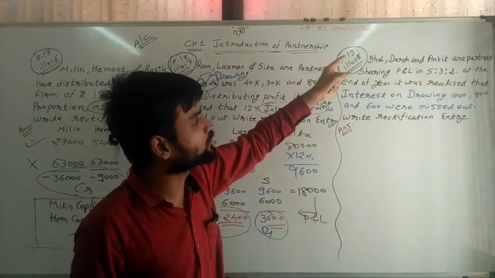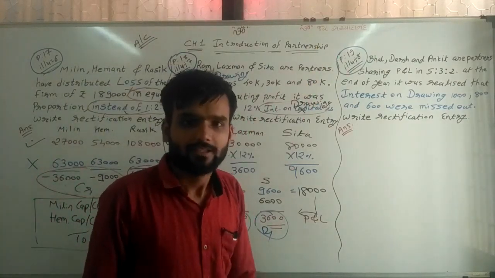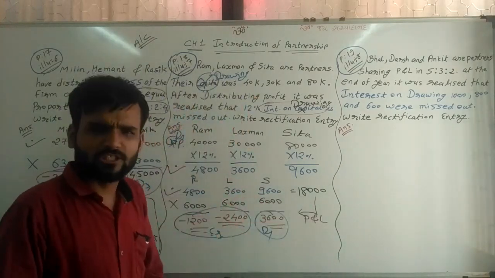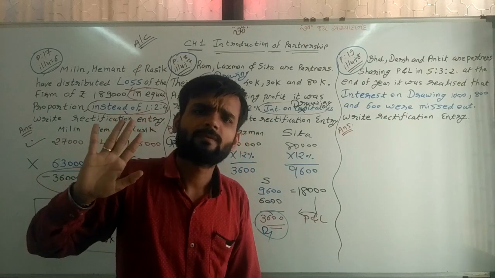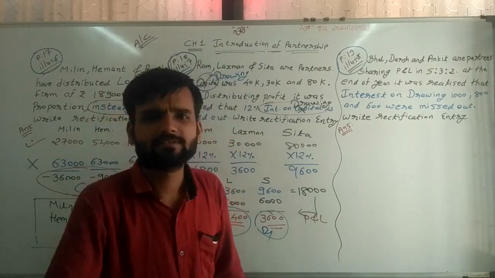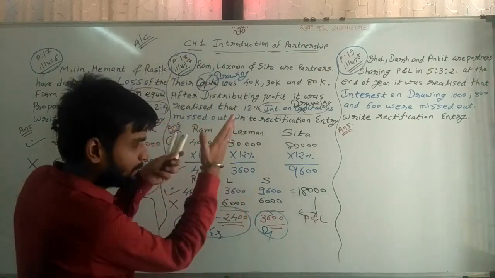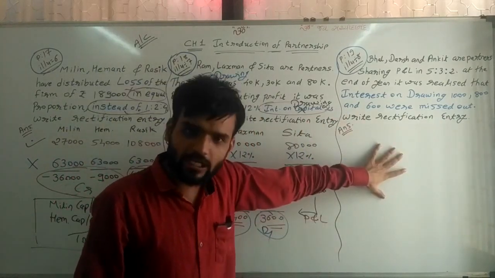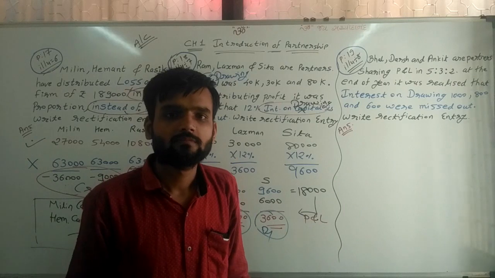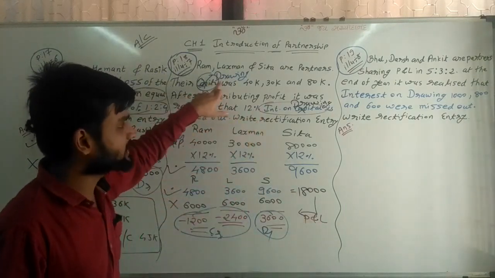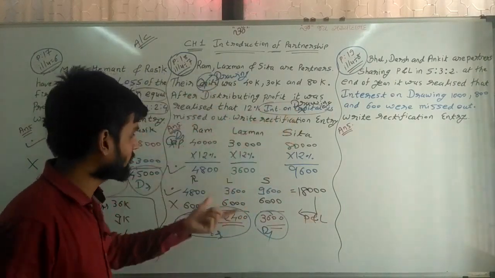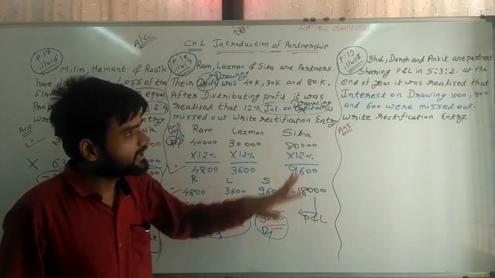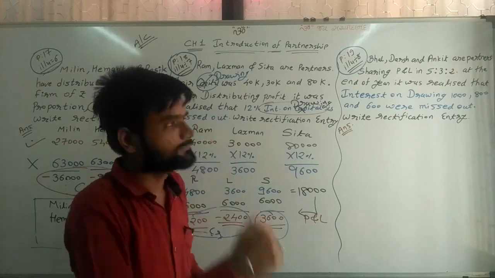Now we are talking about third sum. Now this third sum is actually for interest on drawing only, and which is very easy to calculate, and that's why we are doing fast, because compared to this sum, this is very easy. Here we don't need to calculate interest on drawing. Suppose this sum drawing is given, interest on drawing is given, then first of all we need to calculate drawing interest. But here interest on drawing is already given.